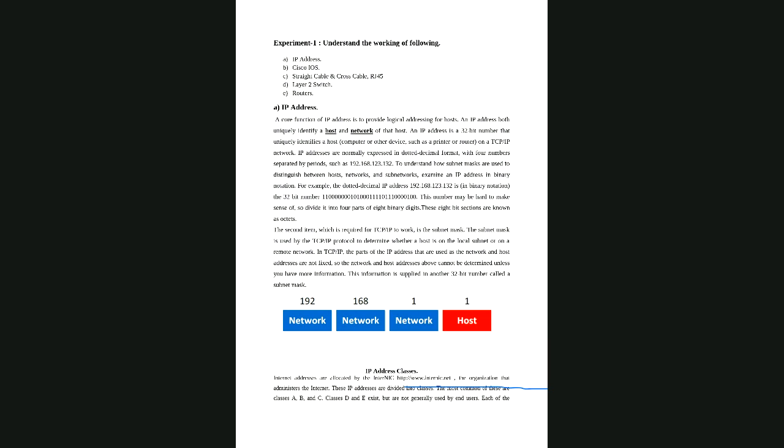The first 3 octets remain fixed for the network ID, and the last one is the host ID, which can be changed. For example, if my first PC has IP address 192.168.1.1, the second PC can have 192.168.1.2, and the starting octets remain the same. This basically means that both devices belong to the same network, because their network ID is the same.